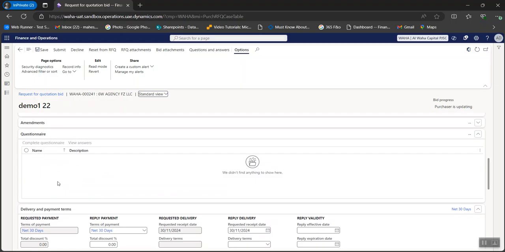So I will explain how we can update these questionnaires. So what are these questionnaires and this question and answer? What is the difference between these two? Okay, if the vendor has any query, and if we want,